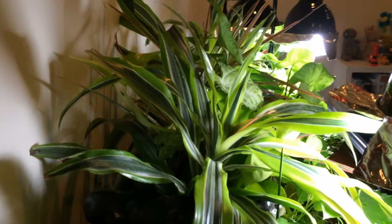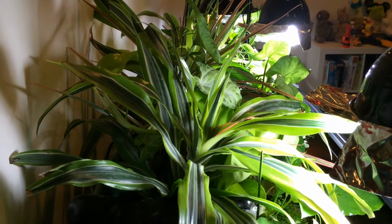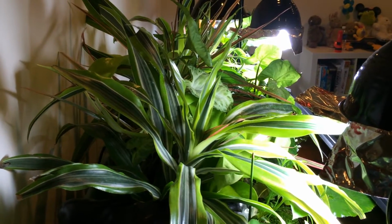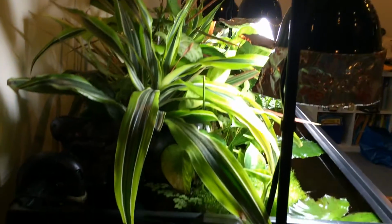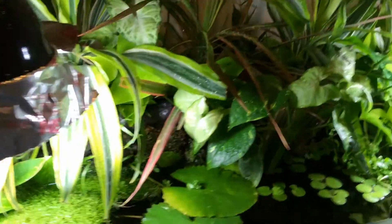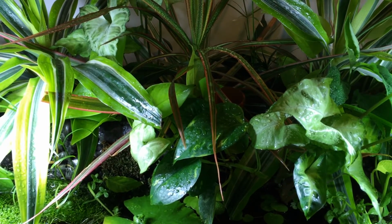The plants are basically a mix and match of tropical household species. The only one I do know is the pothos. I know basic common names of a few of them, but for the most part, they're just basic tropical plants you can find at Home Depot. So what happens here in this basket is we used plastic light diffuser, which is the white plastic